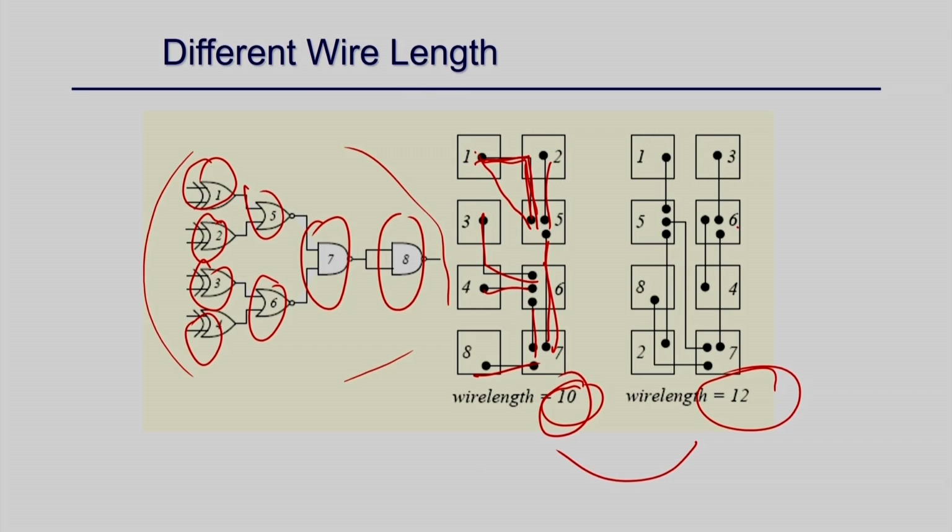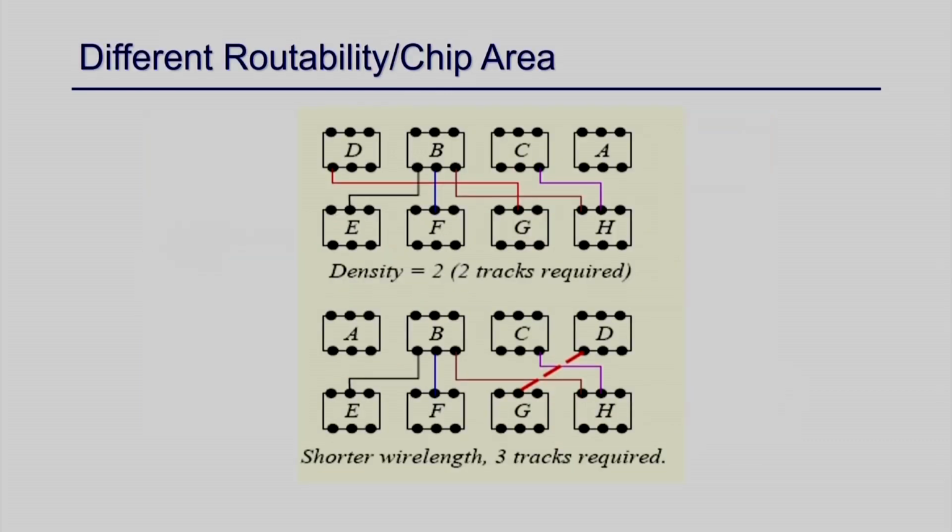The same size blocks can be swapped, or can be moved to other places where some dead space is there. Those kinds of things can be done during placement. Also, when you make the connections, you have to see that two connections cannot cross in the same line. So if you plot the blocks like B, C, C, A and E, F, G, H, then to make all the connections you need only 2 tracks, right. You can make a connection like this, and another one that is not overlapping, so they can be put in the same track, and this connection can be put in another track. So you need 2 tracks, right.